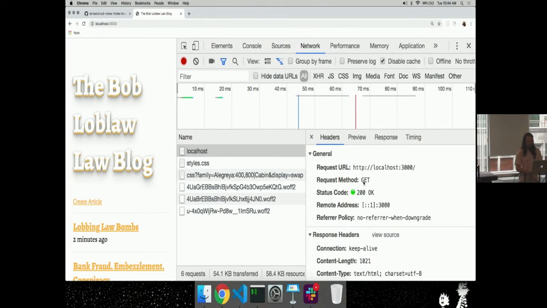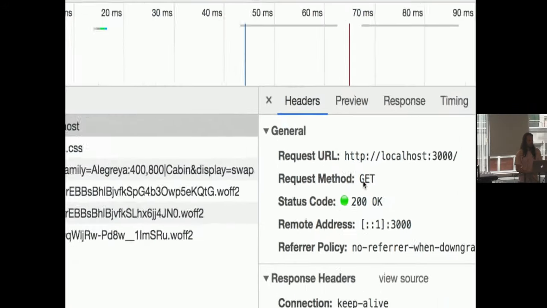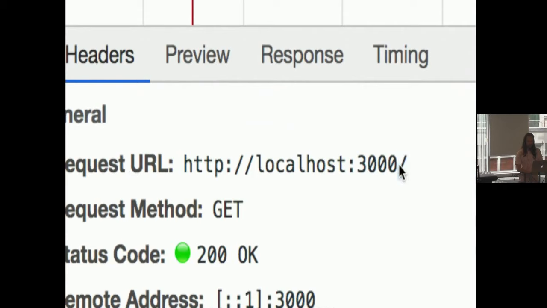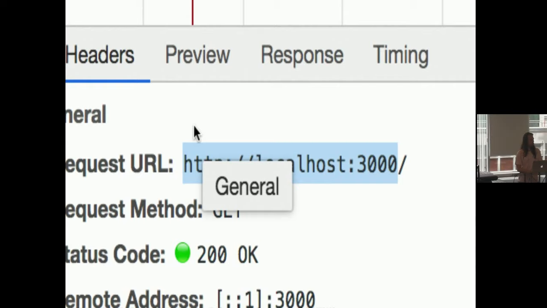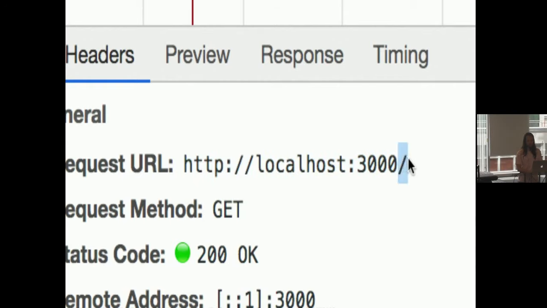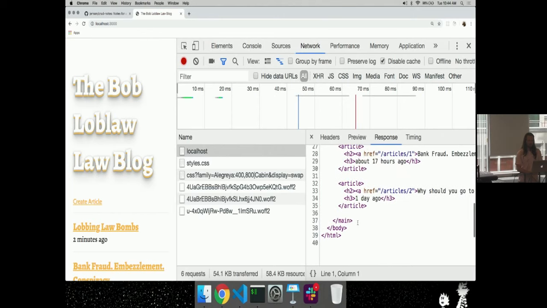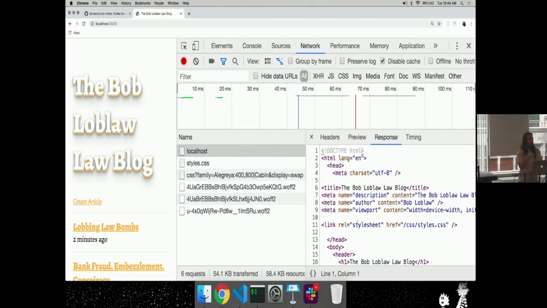It is a GET request, just like you said, to / on this host. So localhost is my host, port 3000, and the path that I'm using is /. I make a GET request, and it comes back and says everything's OK, and it sends me this data here, which is HTML generated from an EJS file.